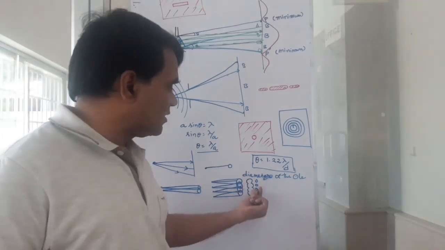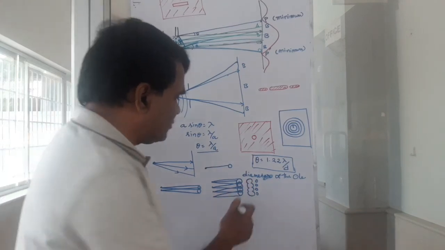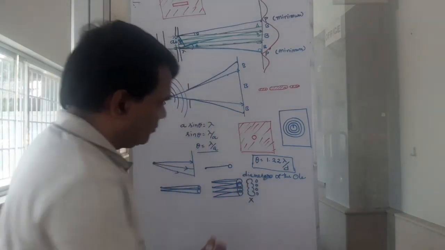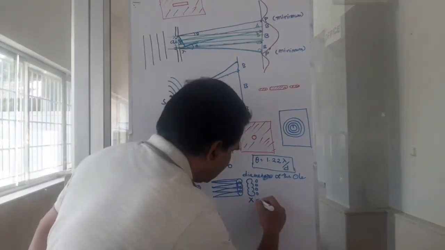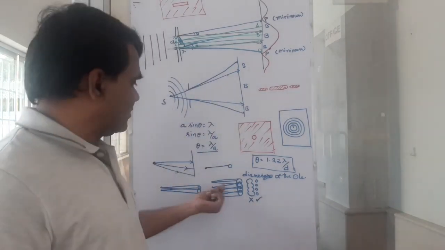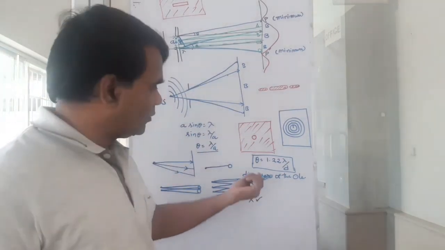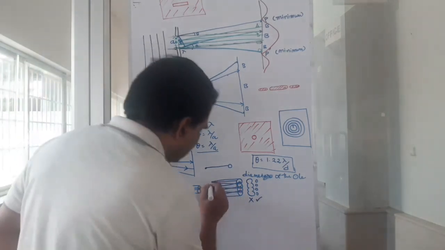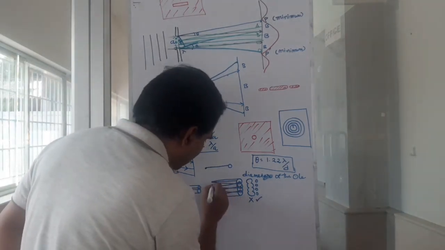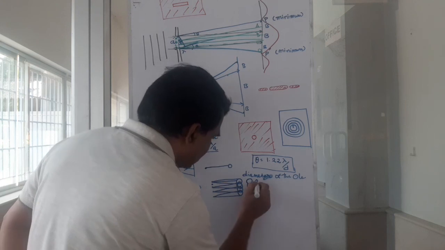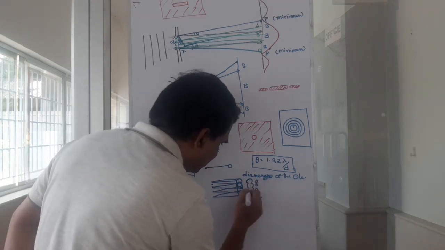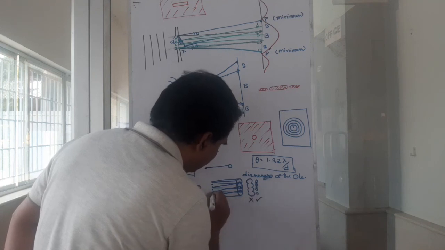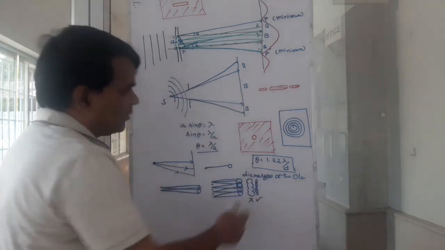So this is called resolution. This you cannot resolve, but this is a clear resolution. This is a better way of looking at it. If it is really small, maybe I will be able to see another point here between these two, which can also be seen here. Okay? Another point here. You see, I will be able to see more of them without